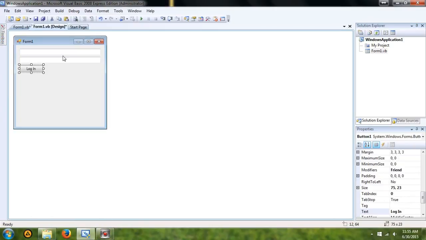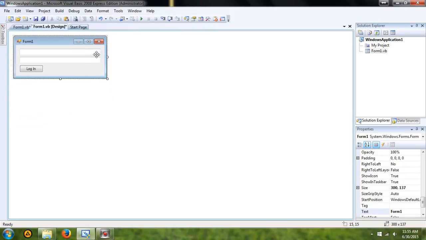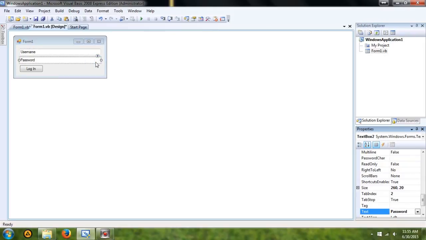Okay, so you should have two text boxes and a button. And so the first one should be username. The next one should be password. And for the password field, you should scroll down in the properties and make it use system password character. Now for the login,